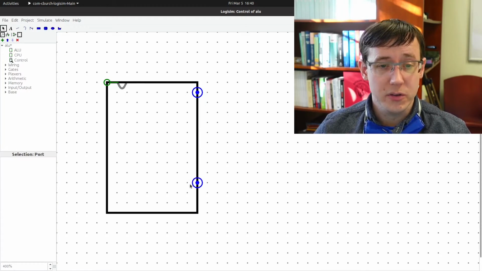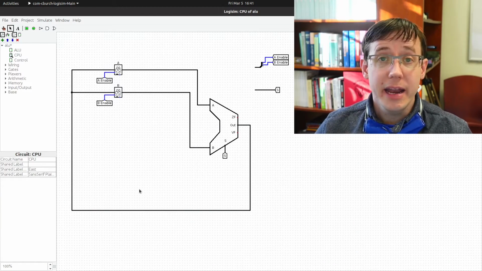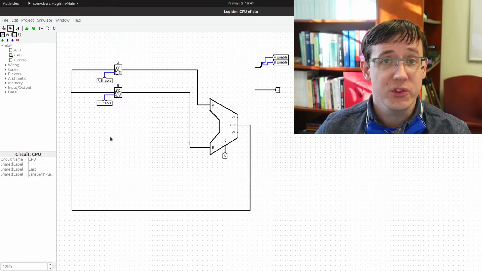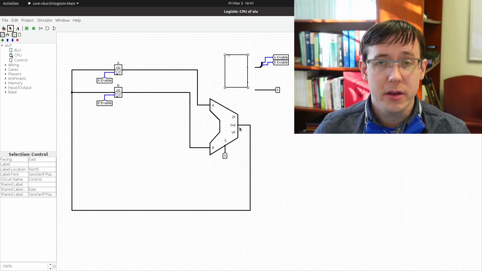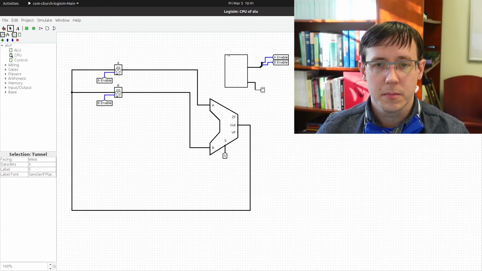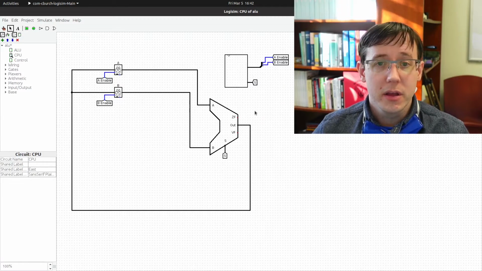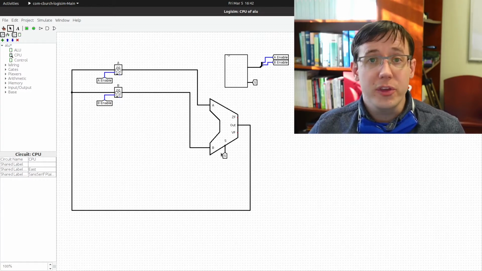Going back to the appearance, I'm going to move these around slightly. And now back on the canvas for our CPU data path, we can add our control unit as a subcomponent. And we can connect up these outputs to our tunnels. In order for this control unit to output the opcodes that control the ALU for the particular program that we